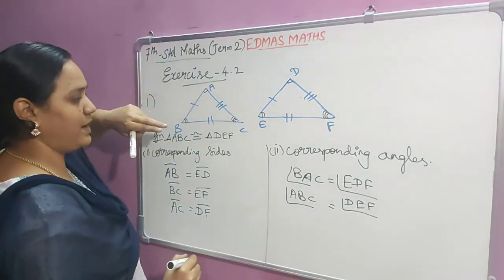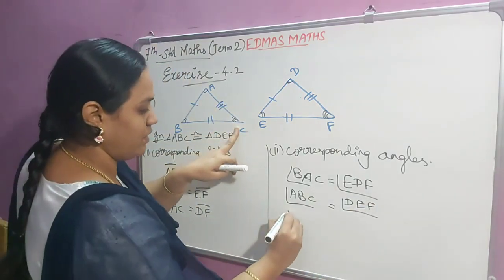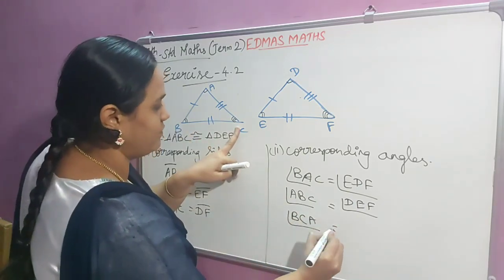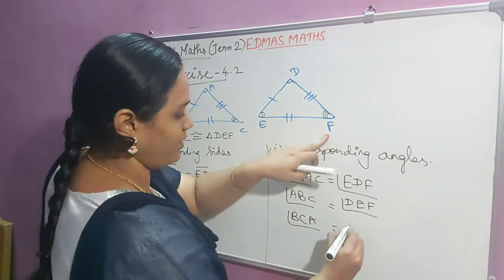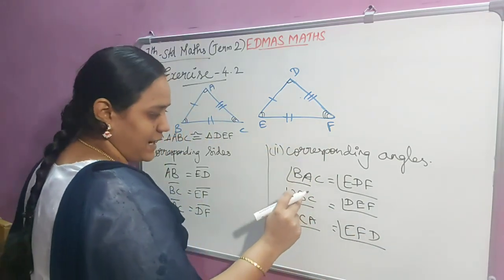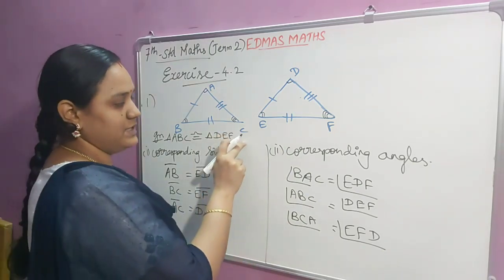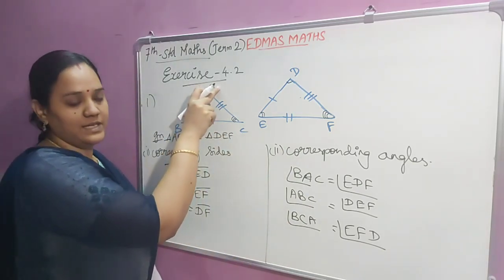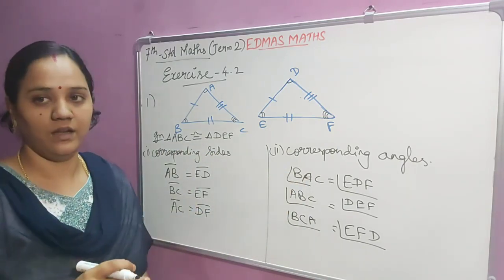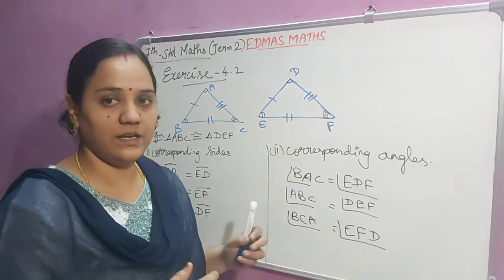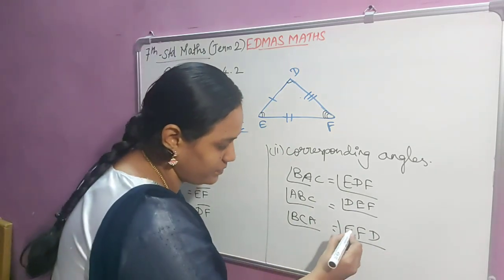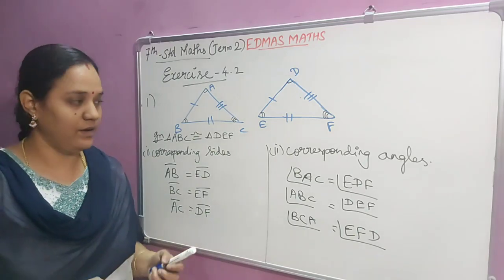The third, triple angle, here C. So I can write BCA and here F, so EFD. You should check the center alphabet. That is, if this is angle A, the center alphabet should be A, right? You have to check it after writing the answer. You should check everything whether it is correct or wrong. Okay. So this is the answer for your first question.